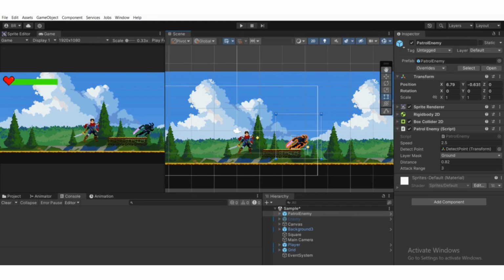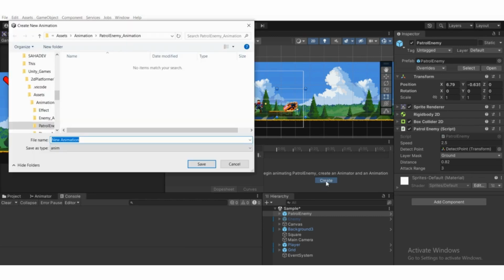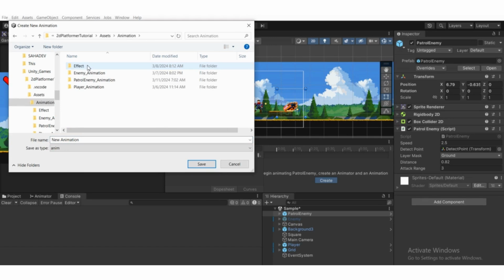Okay, so what we need: I'm going to drag the animation tab over here. We're going to create two animations, a run animation and an attack animation. So select the patrol enemy and create a new clip. Hit the create button, and we're first going to go to Assets, where we have created an animation folder. As you can see, we're going to place the animation over there, and we also have created this subfolder, patrol